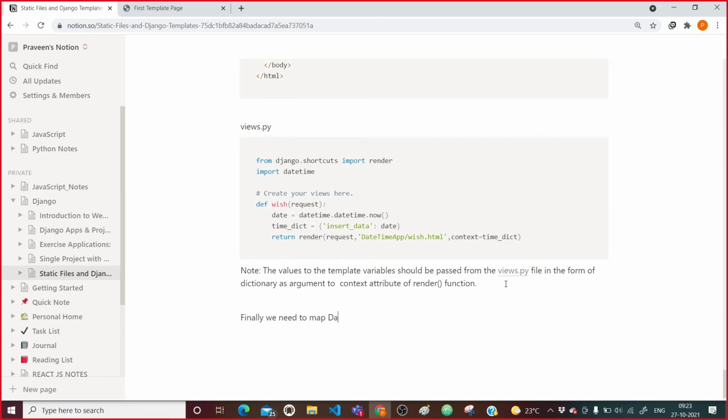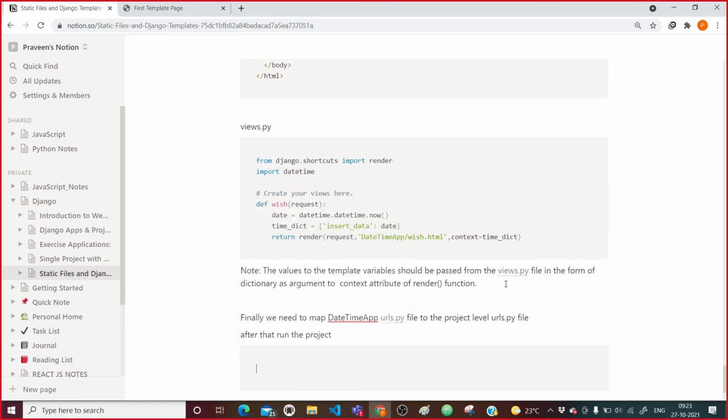I will map the datetime app urls.py file to the project level urls.py file. After that, run the project.